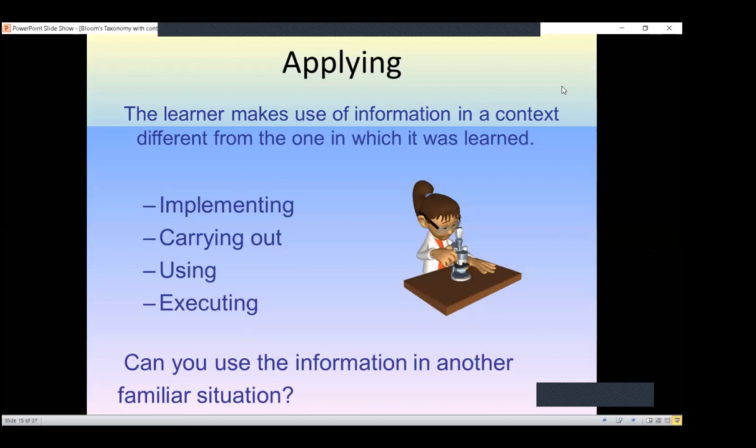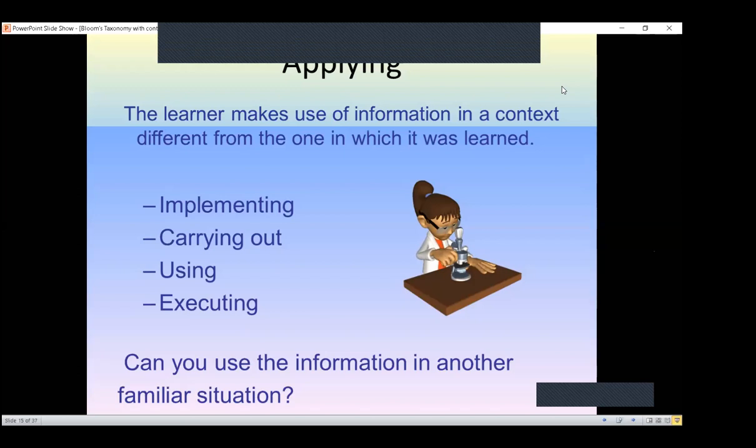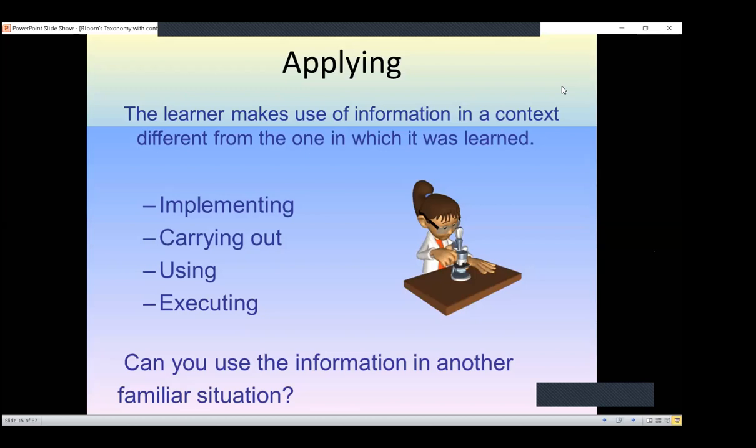So if you have learned a certain theorem, a certain principle, a certain theory, applying that into other situations, applying that into day-to-day life. Suppose you say, okay, you should not waste electricity because of these reasons. And a student, while leaving the classroom, does not switch off the lights when there is no one in the class. We cannot say that he is applying his knowledge. So application is very, very important.